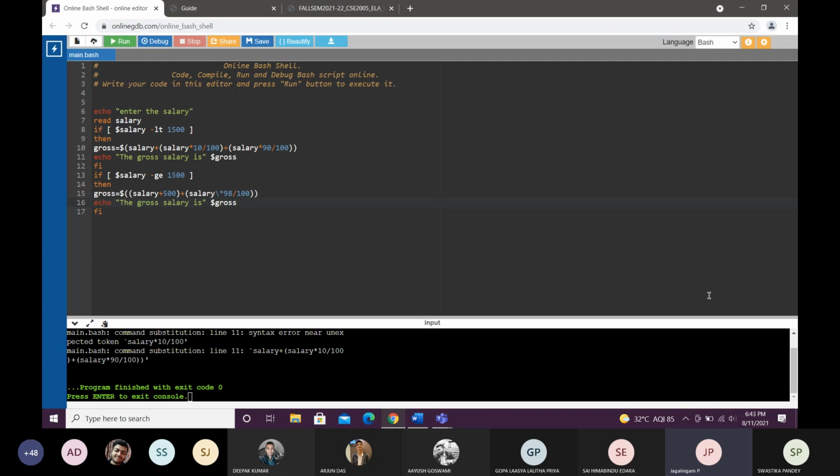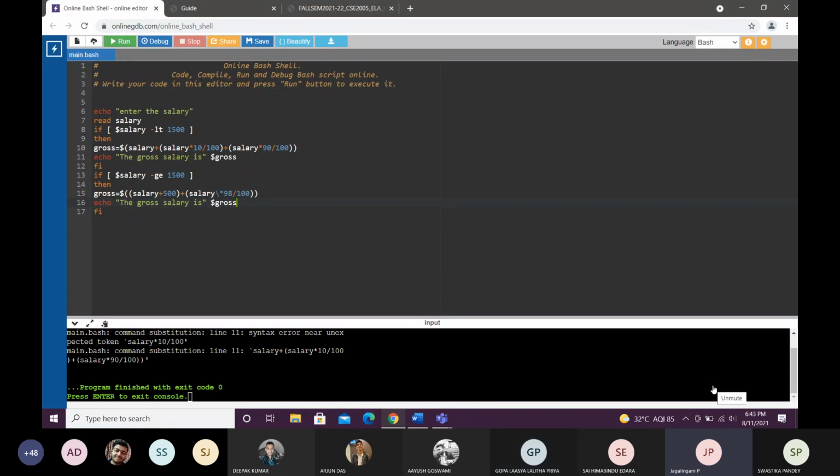Yes, you can also use it. You can use both. Okay, sir. But what is the difference between the previous code and this code? In the previous code we used expr.